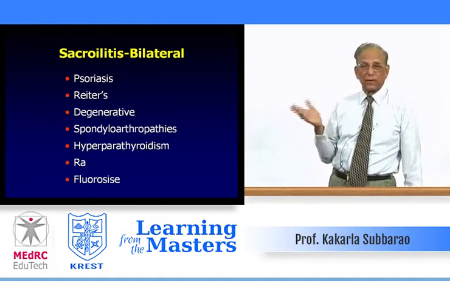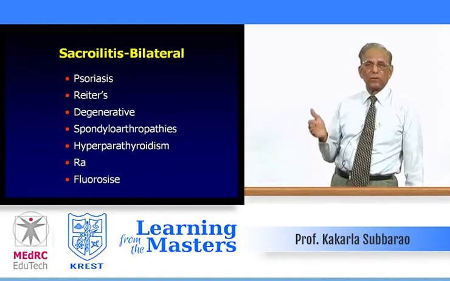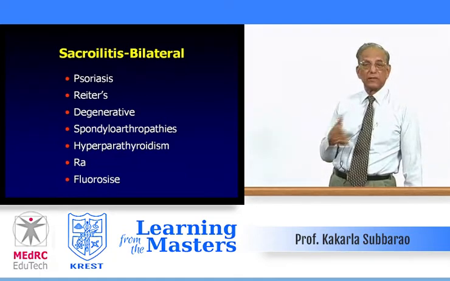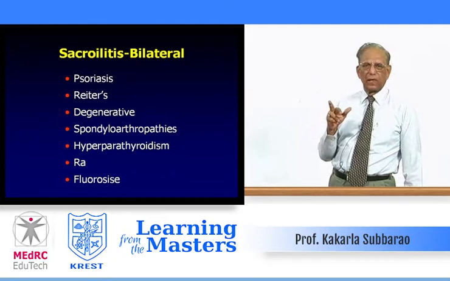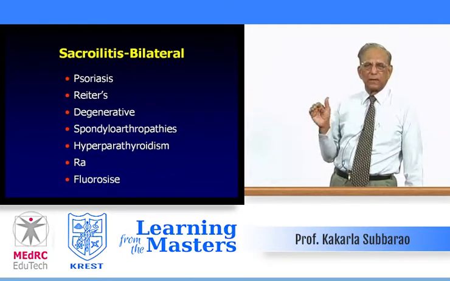In psoriasis, you can usually get a sclerosing type of sacroiliitis. Same thing in Reiter's. The only difference between Reiter's and psoriasis is that in Reiter's often it's not symmetrical. It may be bilateral, but not symmetrical. Degenerative changes,